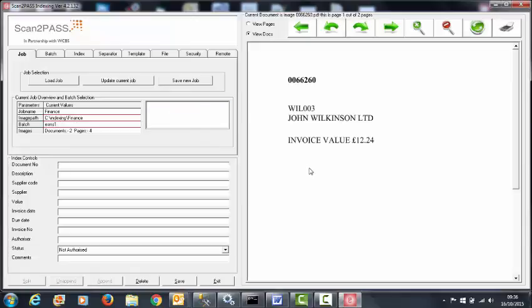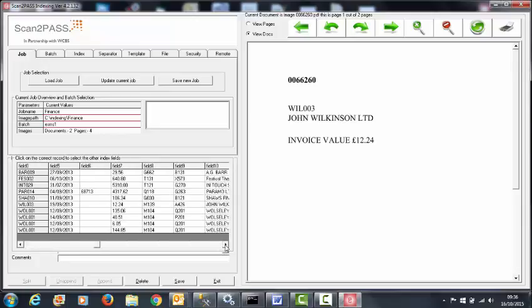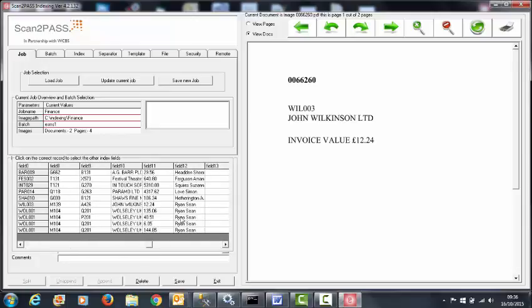Firstly, we go into indexing and we open the batch, and that displays the first document. We then enter the unique document reference number from the image, or part of that reference number, and we can then select the matching record. Here you can see that in PASS you've entered the name as Sean Ryan. When we select this record,